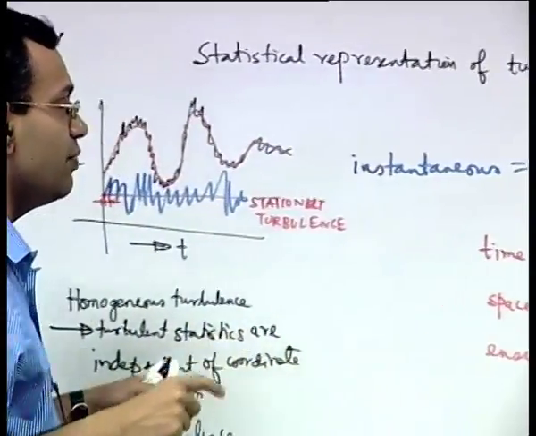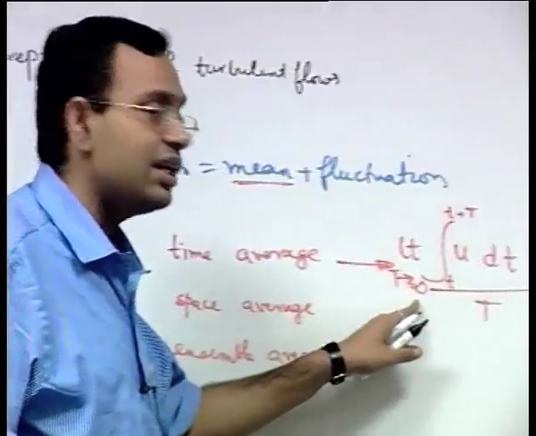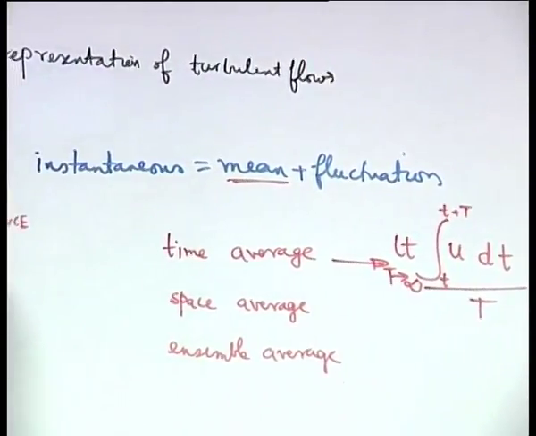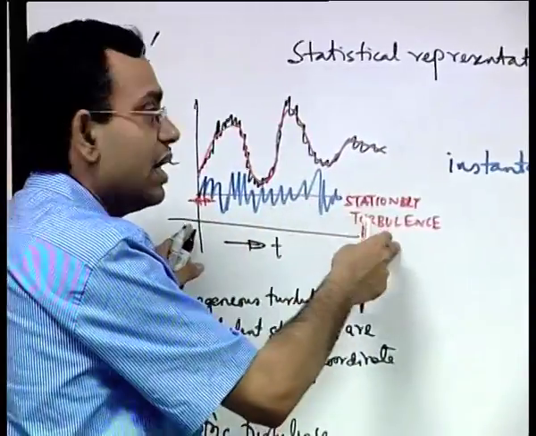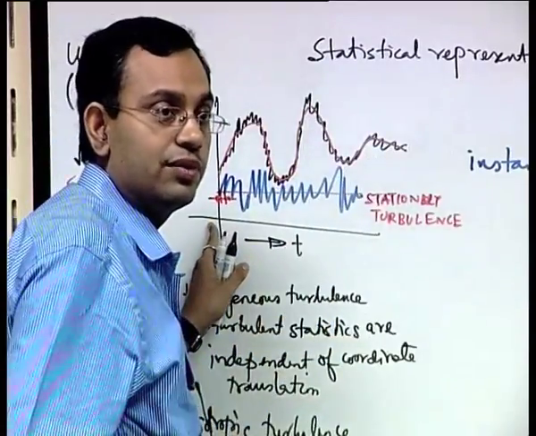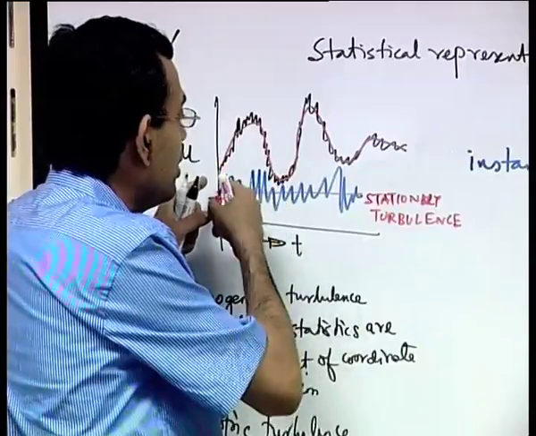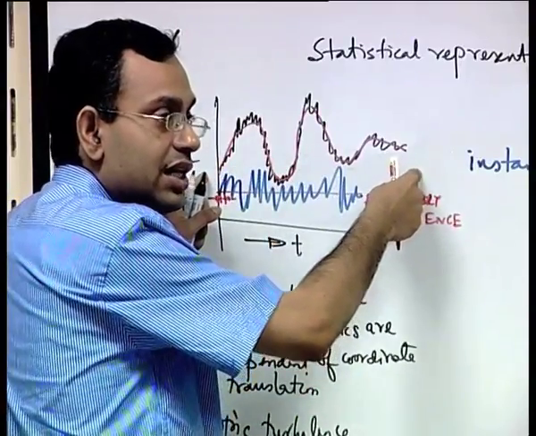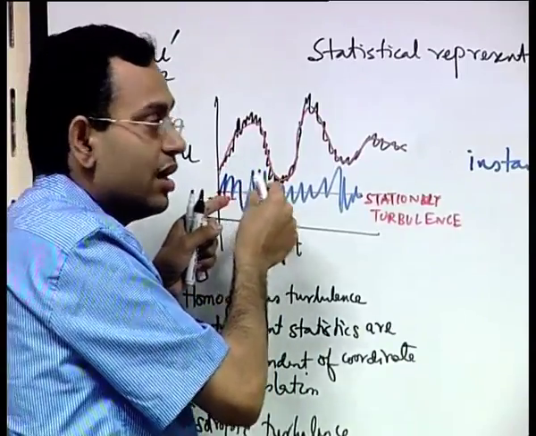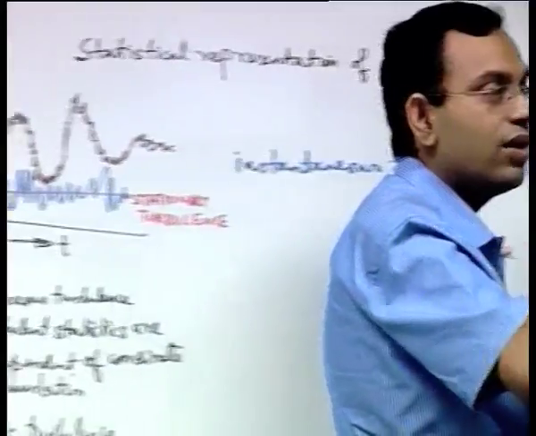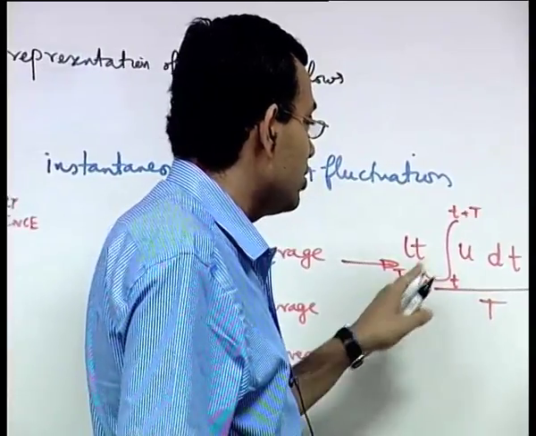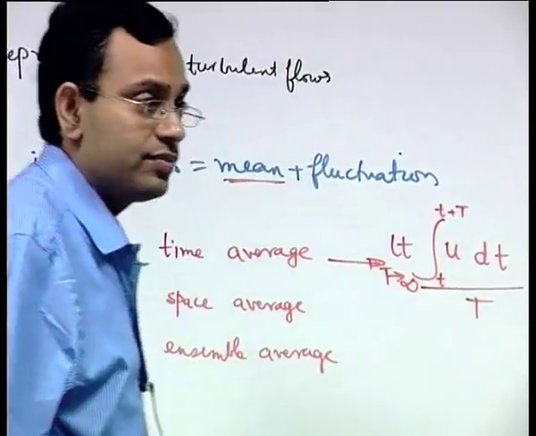Otherwise, if you literally interpret it as T tends to infinity without considering what physics it talks about, then you take the total time from the starting time to the end time and average over that, and you lose all the transient information in between. So, it is not the total large time scale, it is a time scale which is definitely much larger than the individual fluctuation scale, but much smaller than the overall system characteristic time scale. That we call capital T.